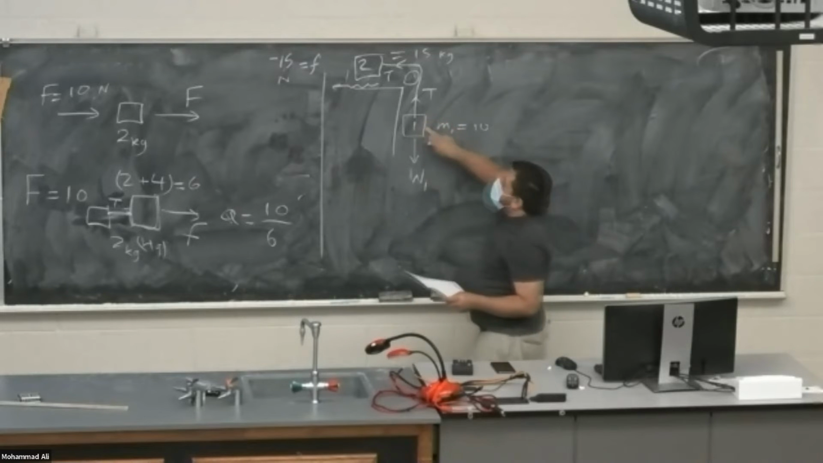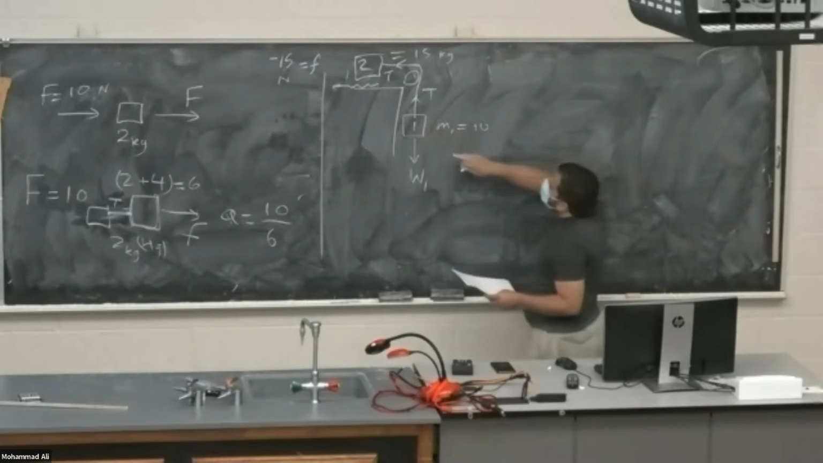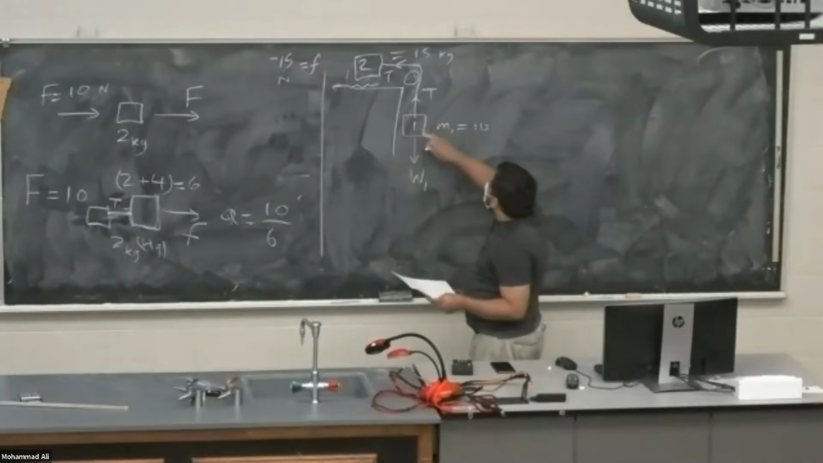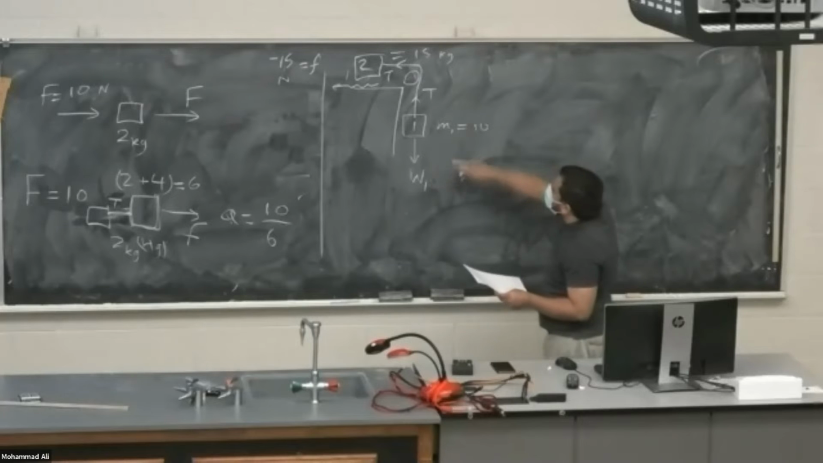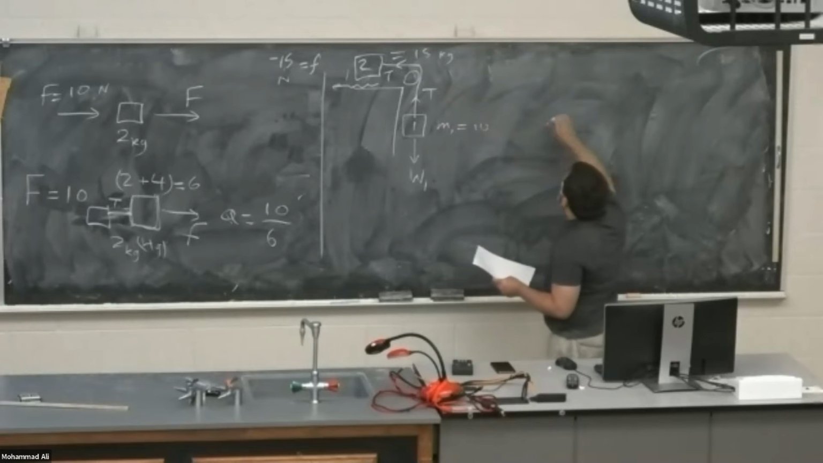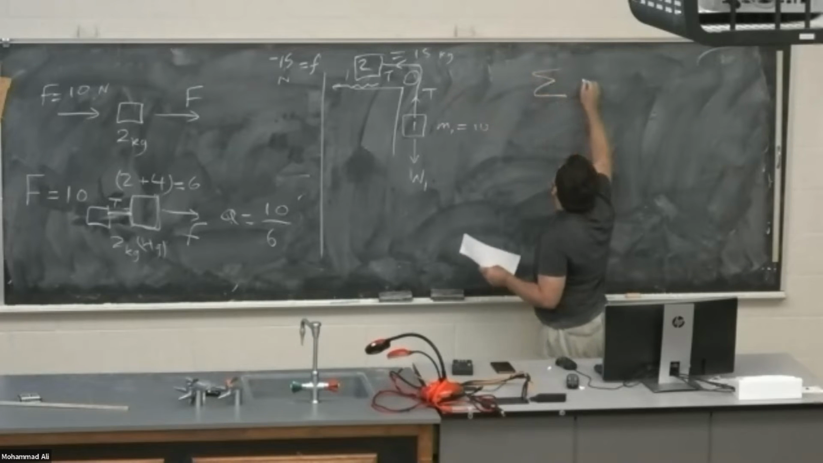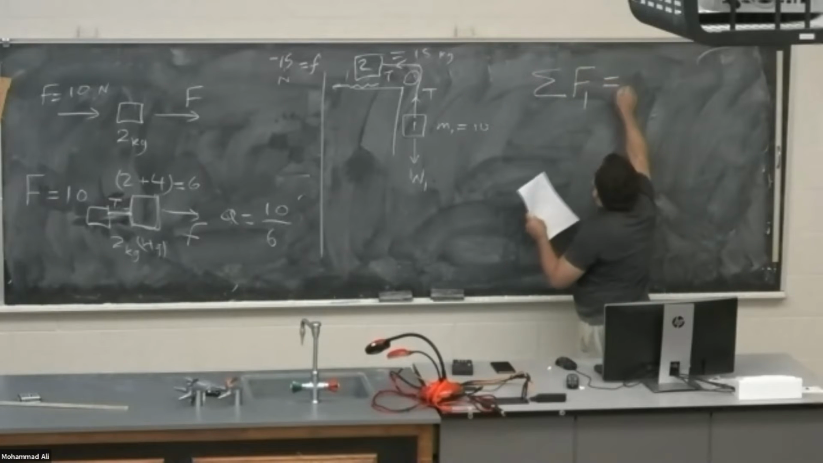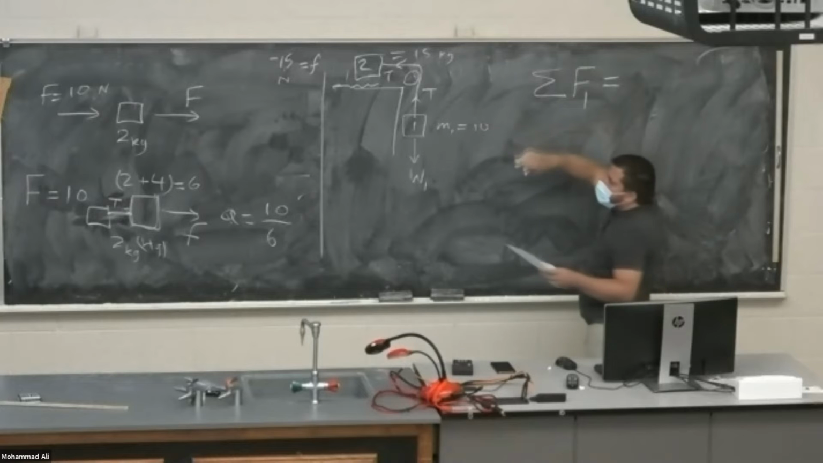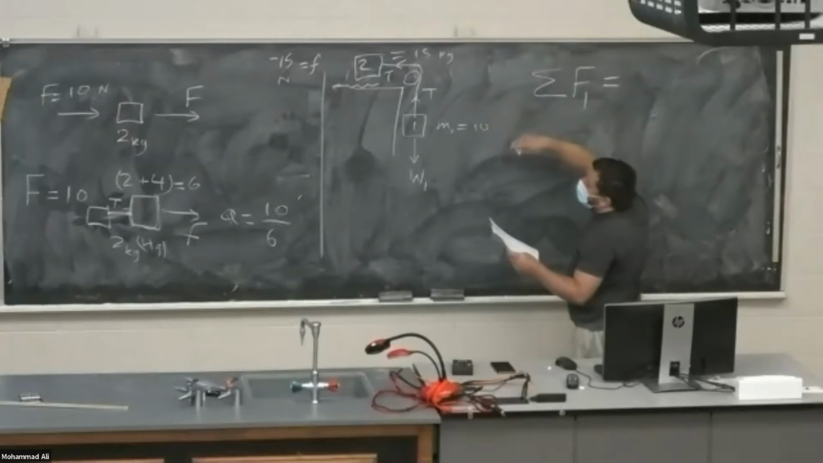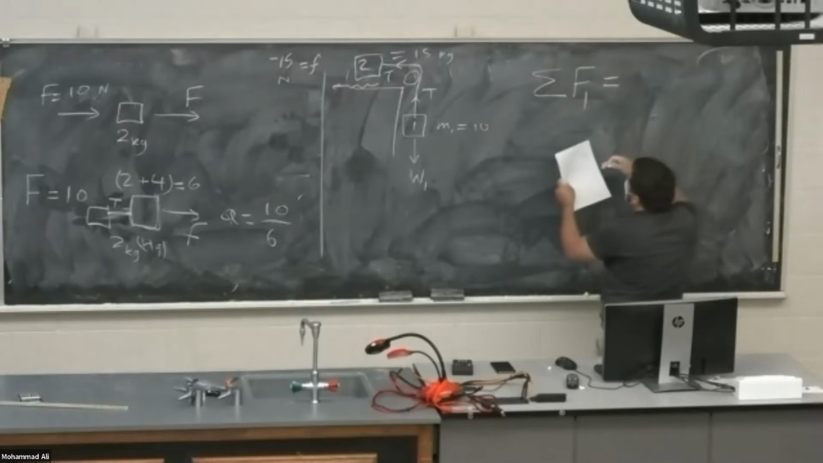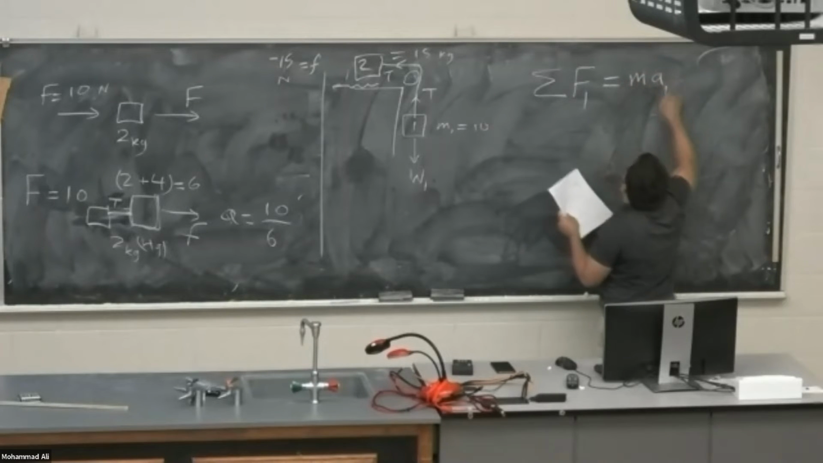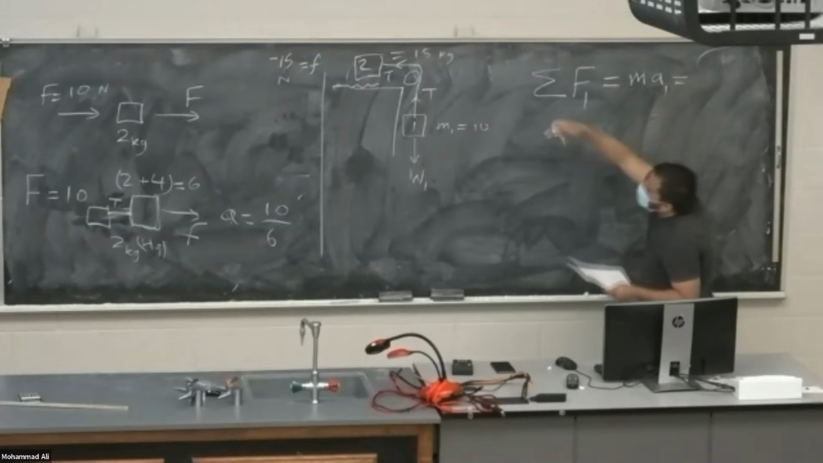Now, we need to look at the first object. We need to use the free body diagram. We have the weight downward, the tension force upward. So the summation of the forces on the first object, we don't have an XY plane here. All of them are on the string direction. The force is equal MA on the first object, which is equal to,